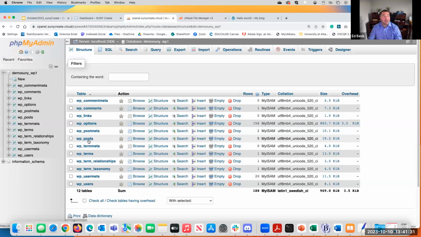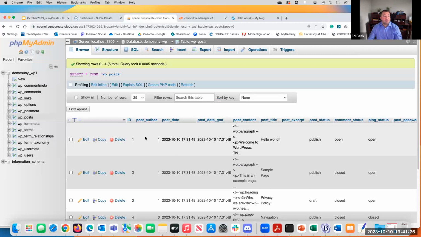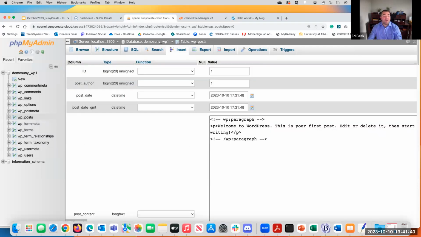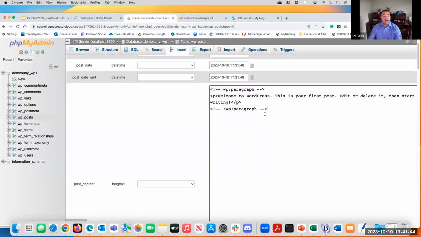If I go to my WP posts database, line 1 has HTML content in here. Here is what was saved that creates my web page. So my main takeaways here, what I want to teach you about this is